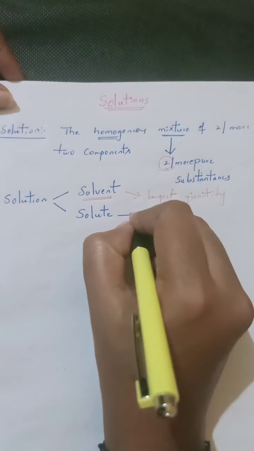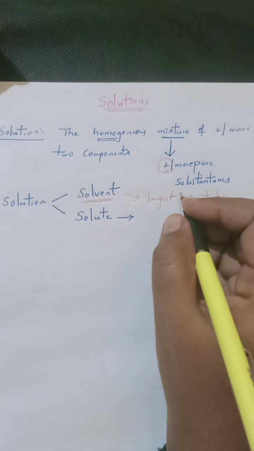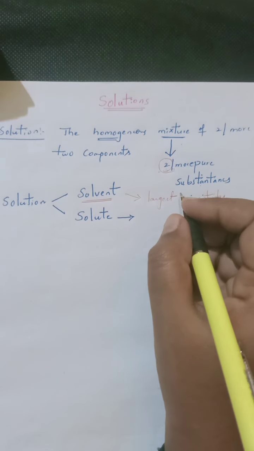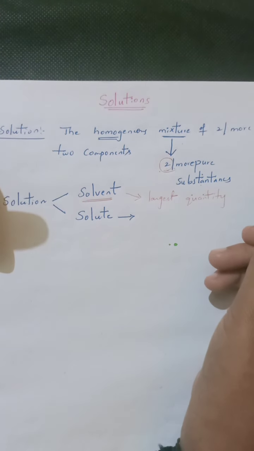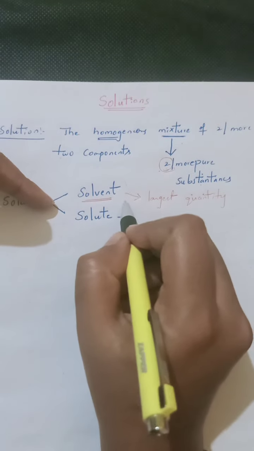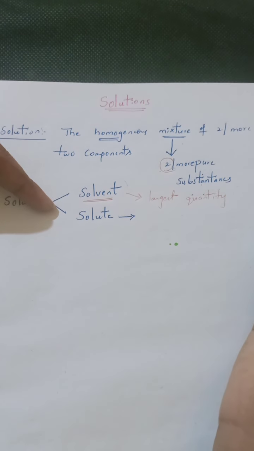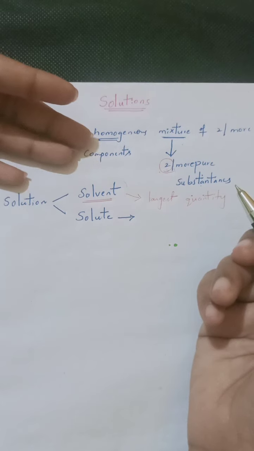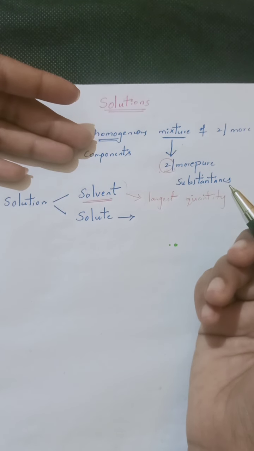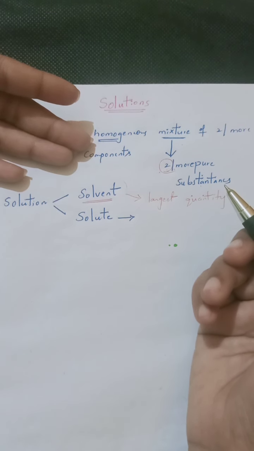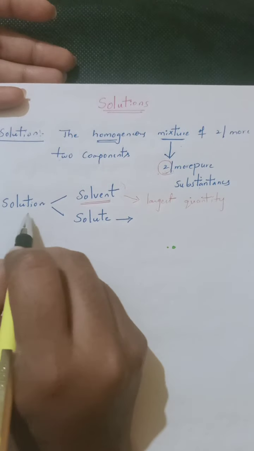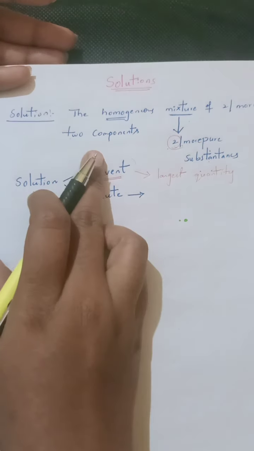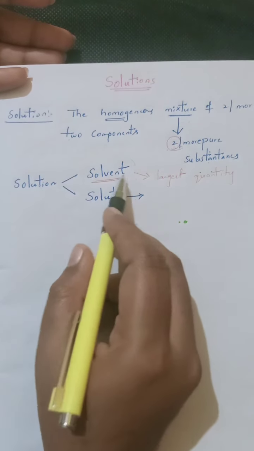Okay, the other one is known as the solute. This solute is present in very small quantity. If more than two substances are present, only one can act as the solvent, because that will be present in the largest quantity, and all the remaining substances are considered solute particles. Okay, solute is completely different from solvent. The solute and solvent together give a solution. So a solution contains two important components, solvent and solute.